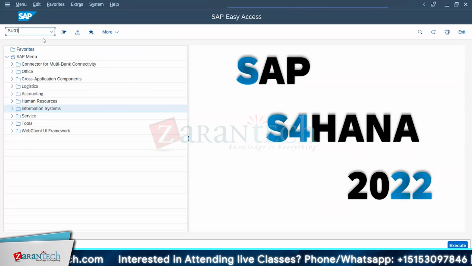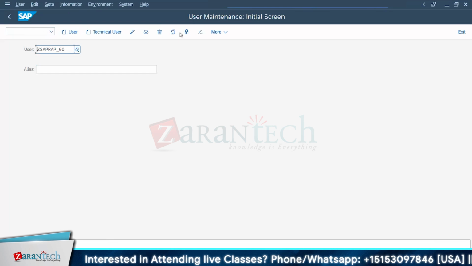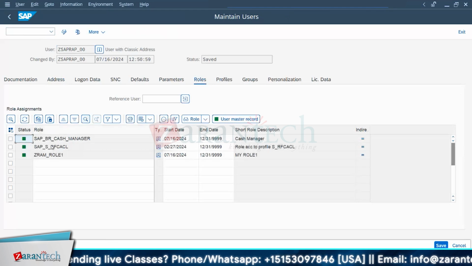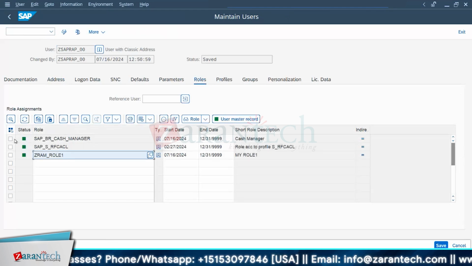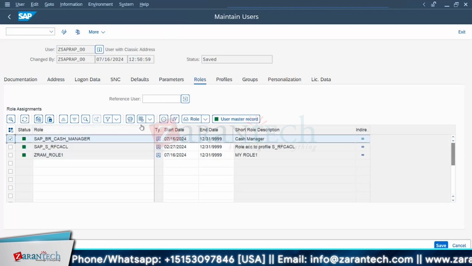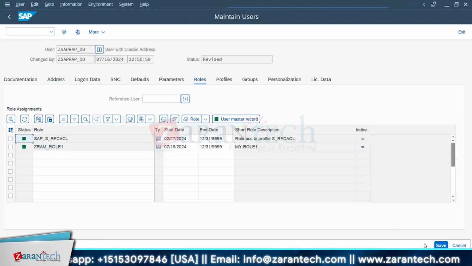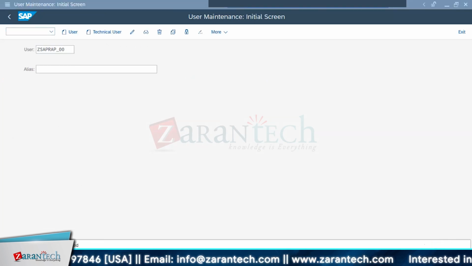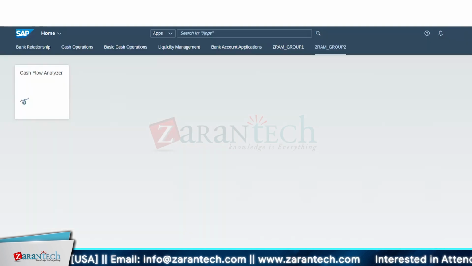So we have created a custom role for your ID and we granted that, so we are removing the standard role from your user. See, GRAM_ROLE_1 is already given. So this standard role I will select and remove it. Click on save. Because of that change, now if I refresh my page,